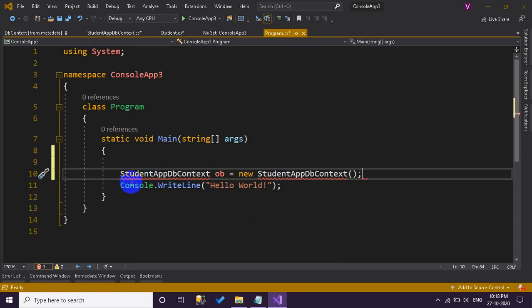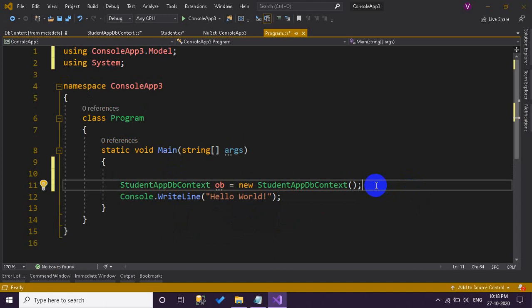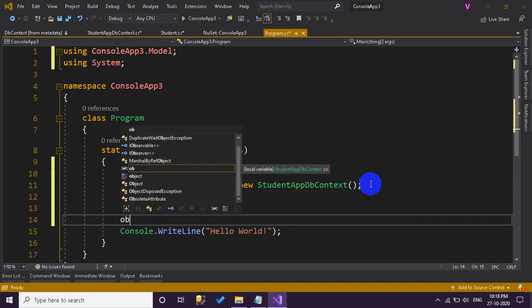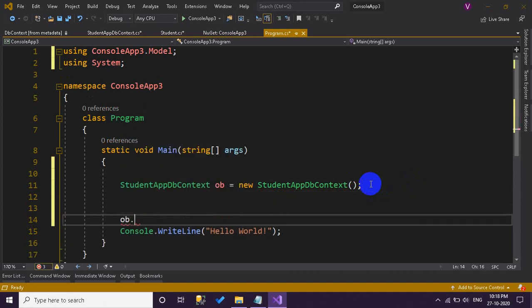And we have to import the package. Now in DbContext we have a method called Add. By using Add you can perform insert, delete, update.